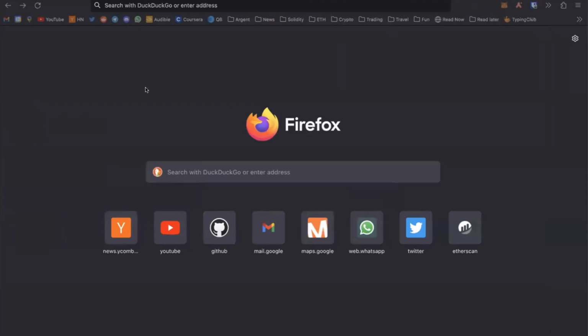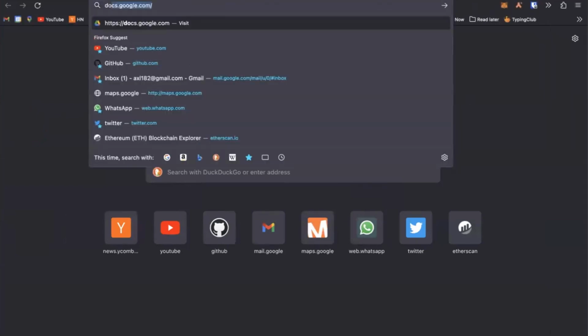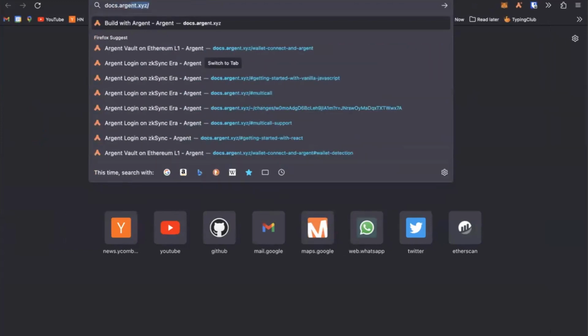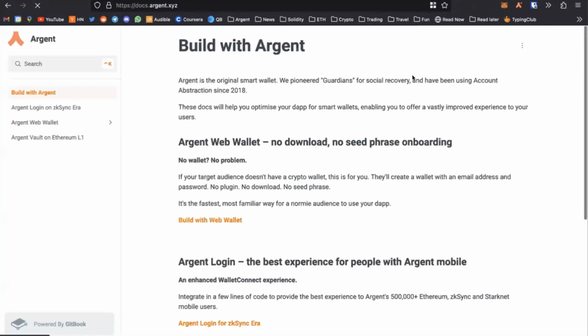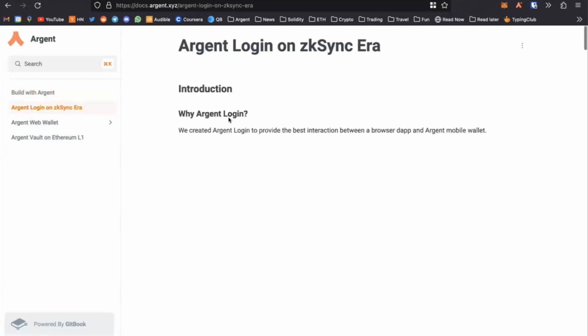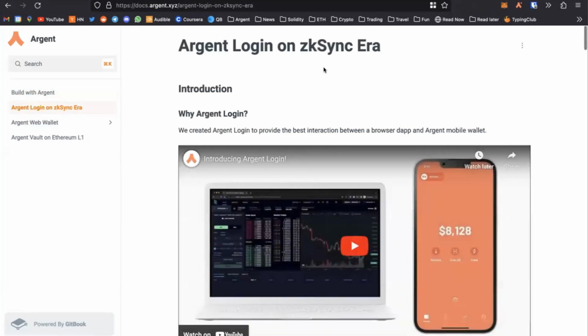So we have a documentation page here. It's docs.argent.xyz, and it has a few different pages. And here we have a section on Era that's also about a login SDK we have for Era.